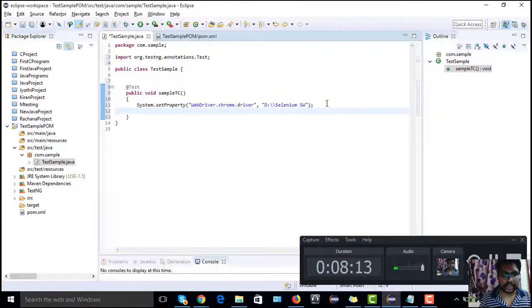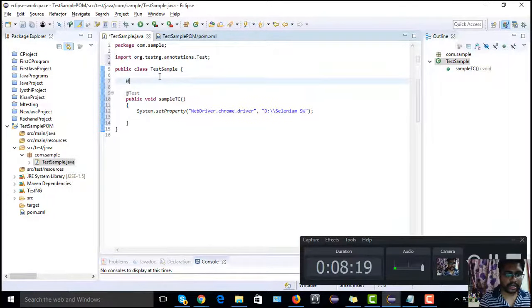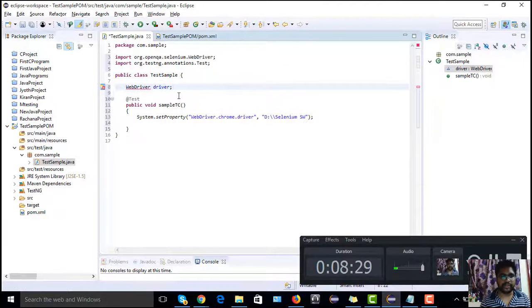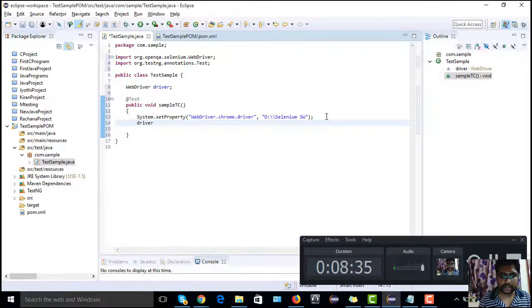So next I am going to invoke my Chrome driver. Before that I have to say WebDriver driver. I am creating a reference variable of type WebDriver. It will ask us to import. Shift Control plus O is the shortcut which will import the package. Now I will say driver equal to new ChromeDriver.